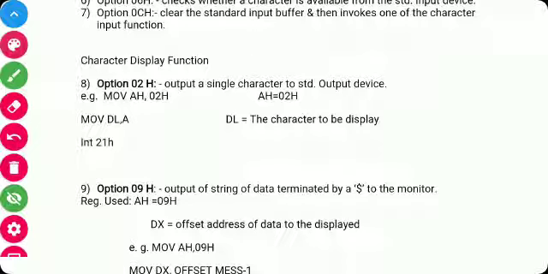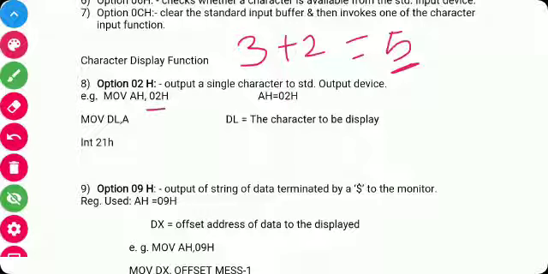For example, if we are performing an addition program with two inputs 3 and 2 and the output is 5, we have to print this 5 on the monitor. For that purpose we use the 02H function. Here we have to store this output in the DL register, and then we can use function 02H of INT 21H to display it on the monitor.